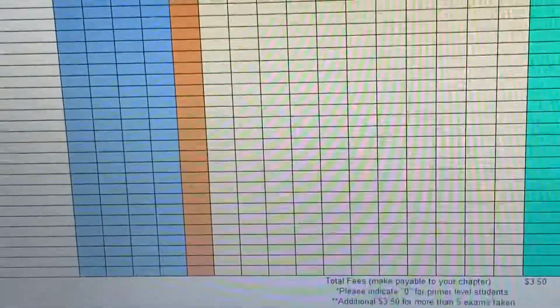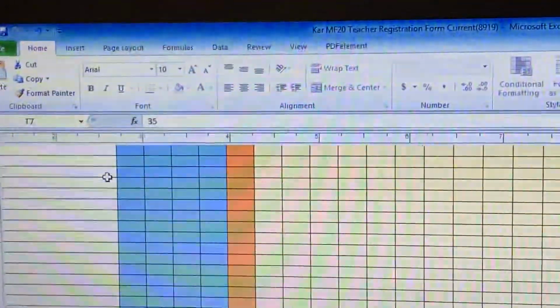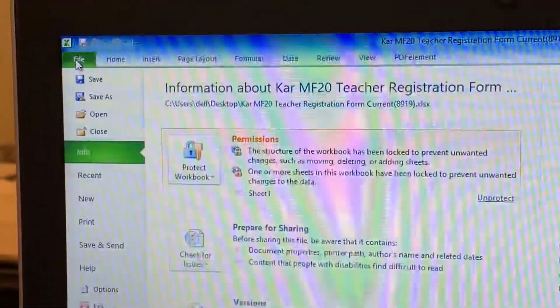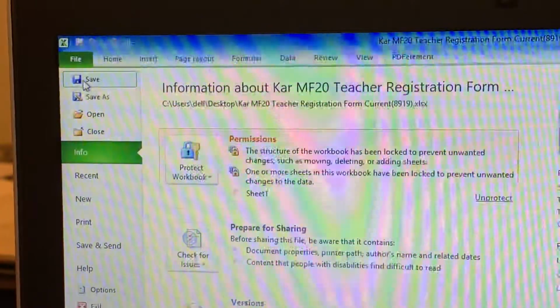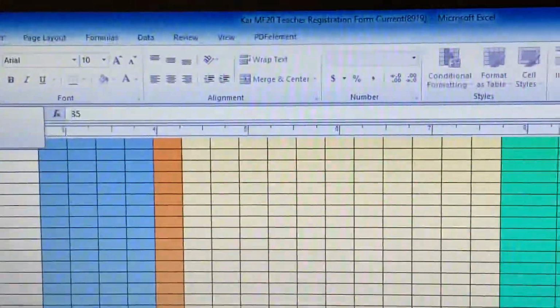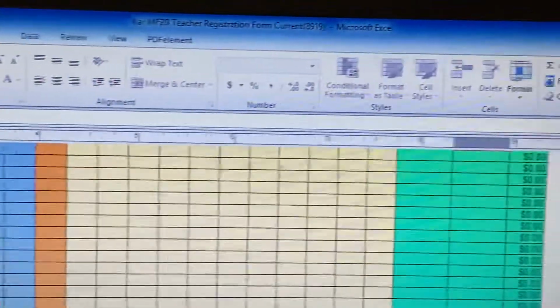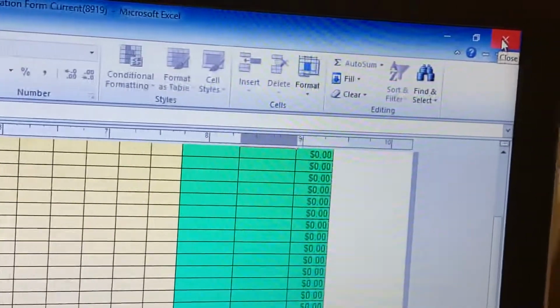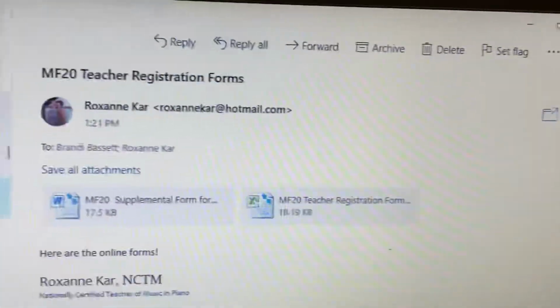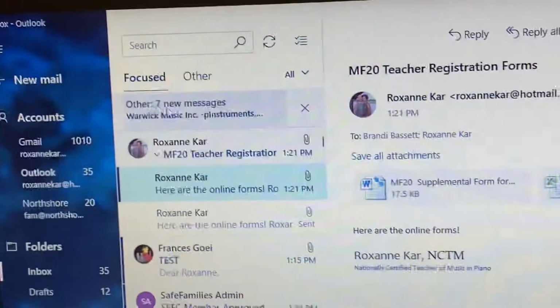Now we're going to save and work on sending this back to Brandy because she is doing registration. We're going to press File, Save. And we can go ahead and close it out. We're going to go to the right. Maybe your computer's a little bit different, but we're going to go to the red X. Now we're going to create a new email